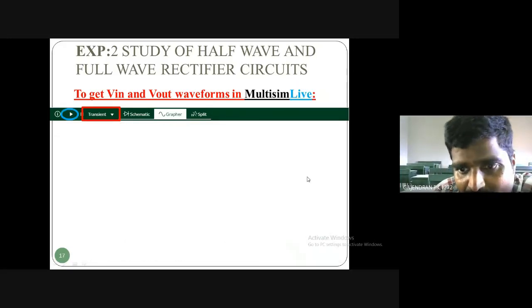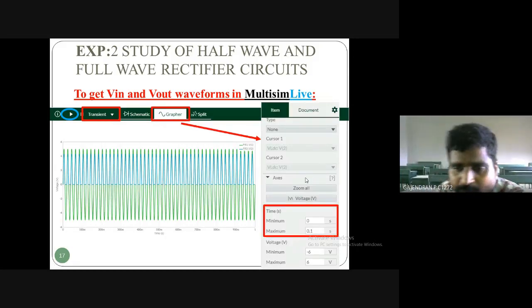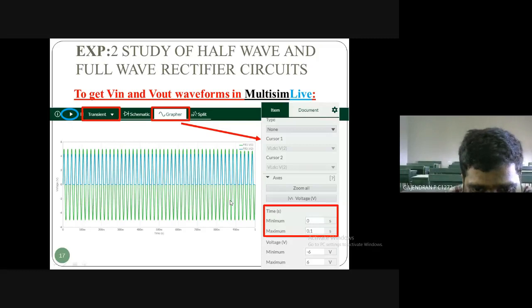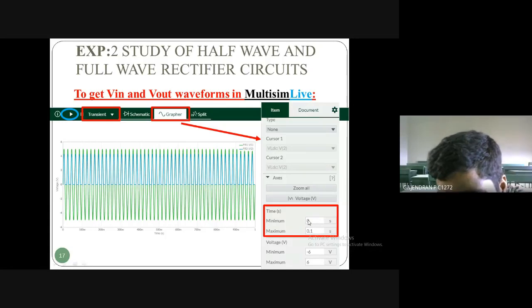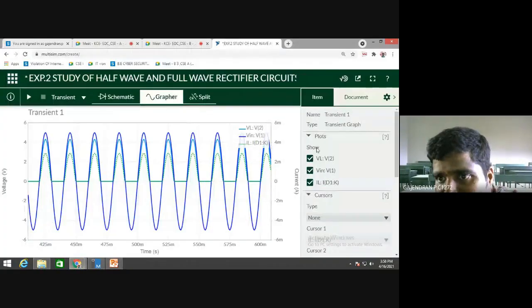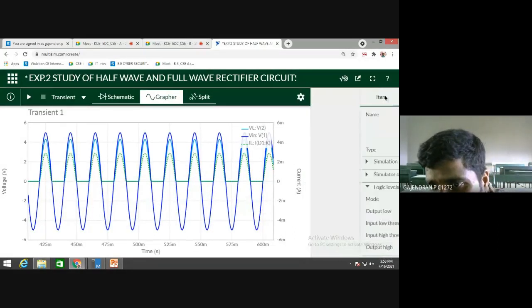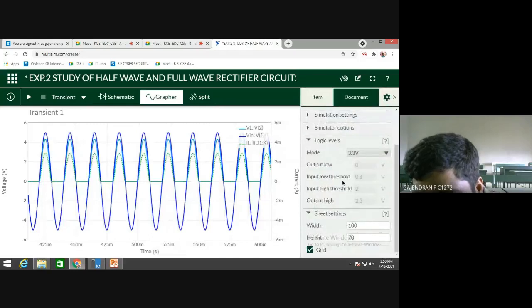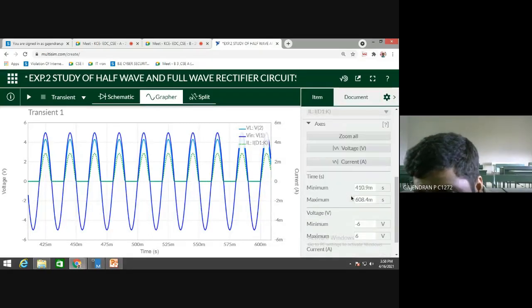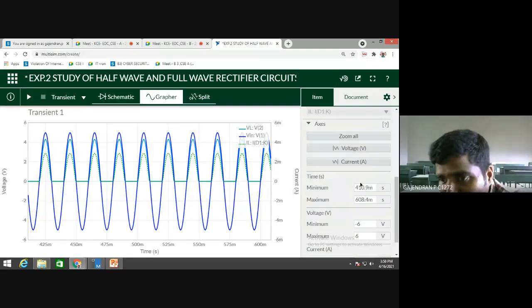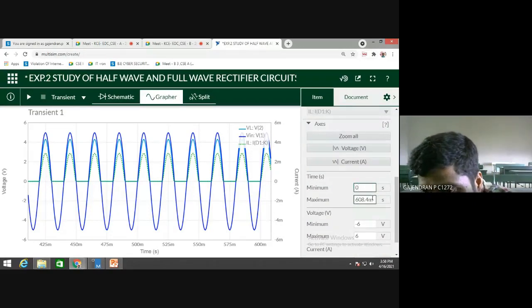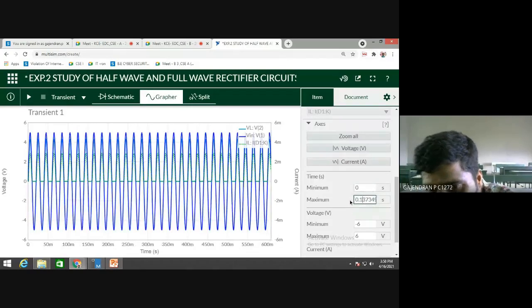Followed by, you need to give the scaling for your x-axis. X-axis minimum and maximum should be set. Here, minimum is 0.1. This minimum and maximum is your time axis. If you vary the time axis minimum and maximum, please find where the time axis is. Here you have the time axis. If you keep the minimum as 0 and the maximum as 0.1,